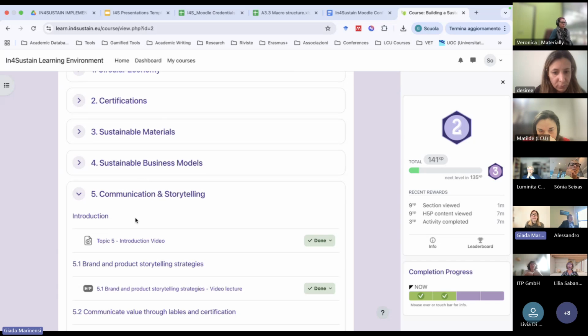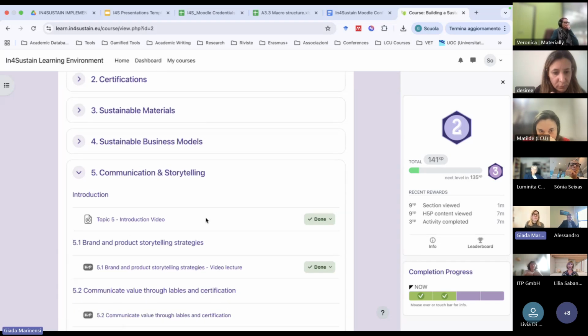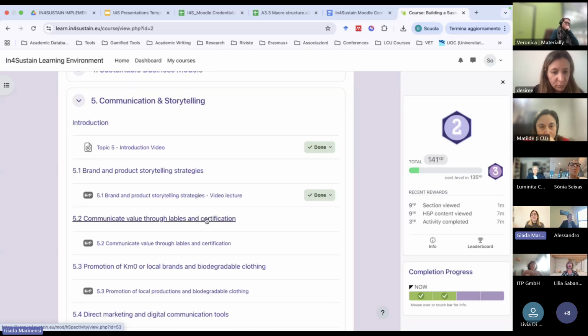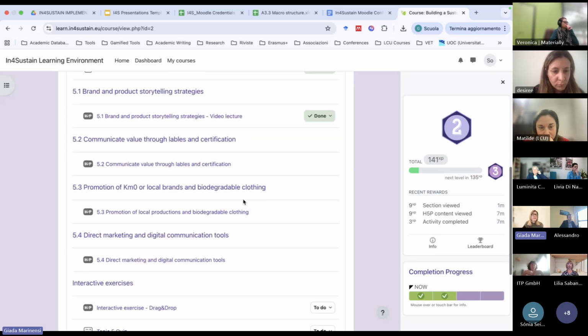So each content, let's say watching a video or completing an exercise, will award us a certain amount of points that will allow us over time to level up and to reach the highest possible level.